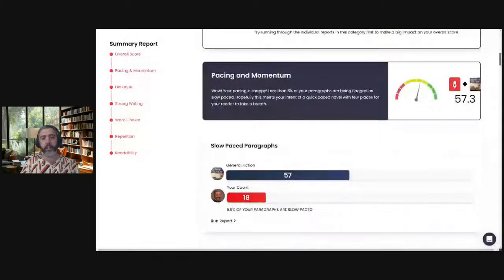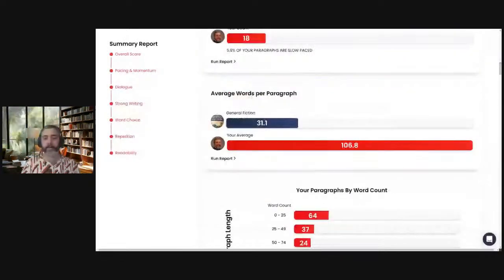Yes, look at the average words per paragraph, right? There are a lot more average words per paragraph in The Time Machine than modern fiction. Is that bad? Well, I mean, The Time Machine's a classic, right? But if you're writing for an audience now, they've got Kindle Unlimited and they're just consuming as much as they can in sight, right? And you want to get their eyes on your books as well, perhaps.